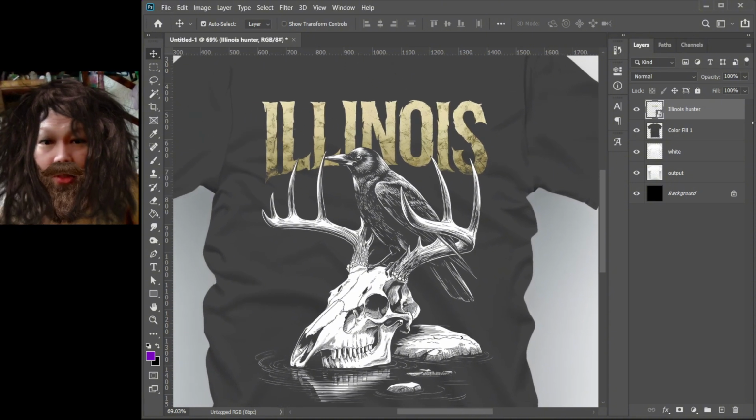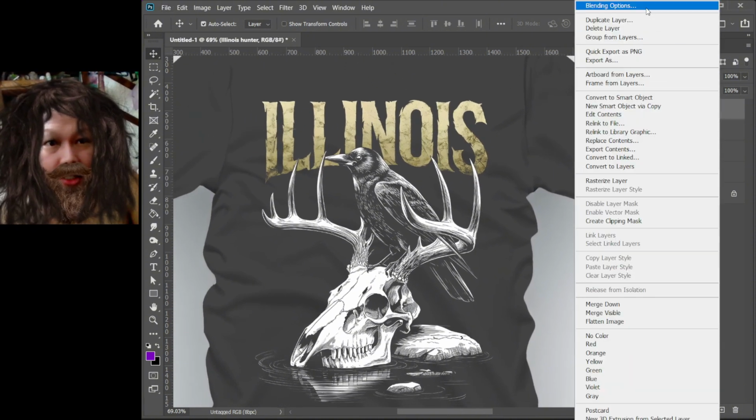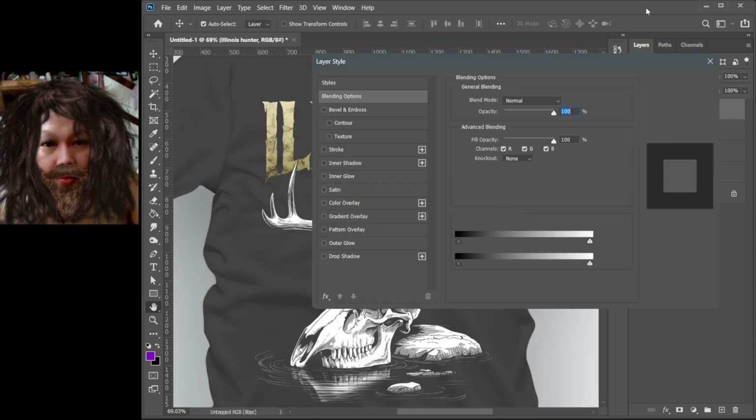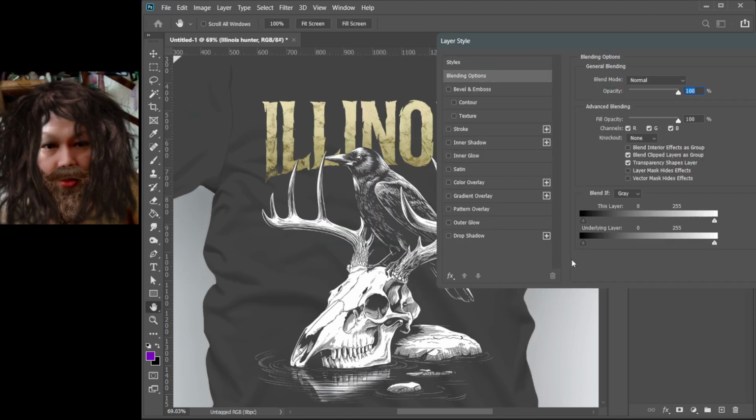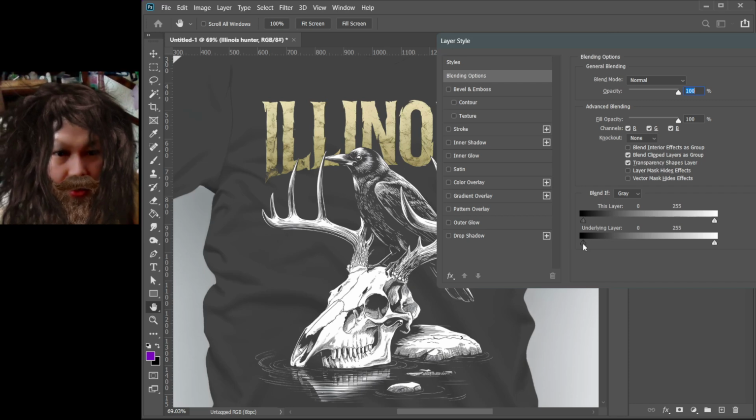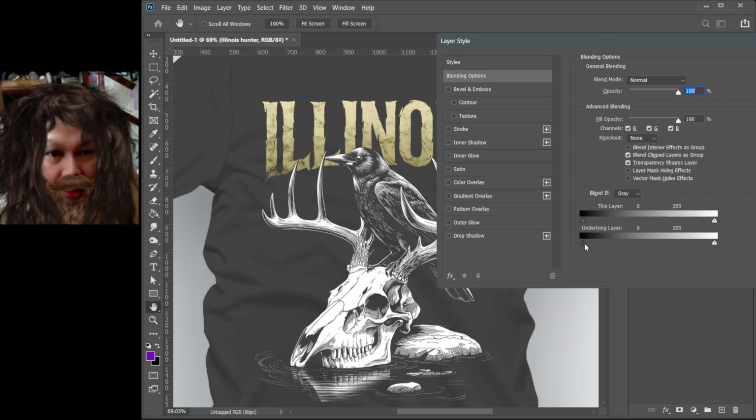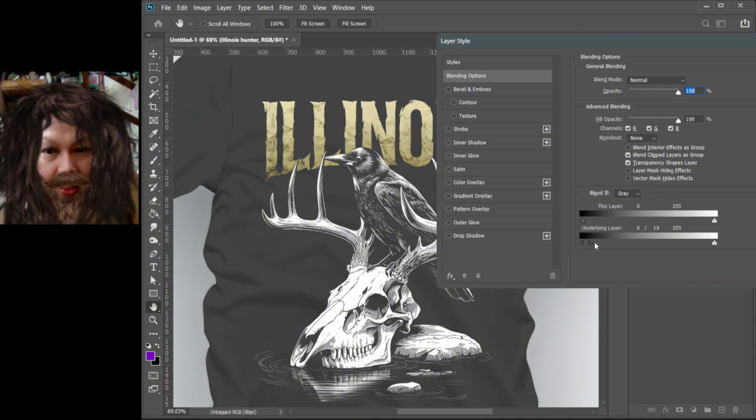So what we want to do here, right click, blending options. For the underlying layer, the dark area, we want to highlight. So press Alt to split this. Alt, then click. Then this one.